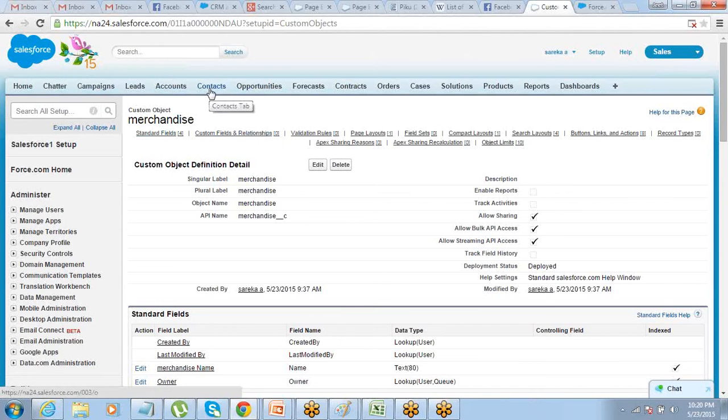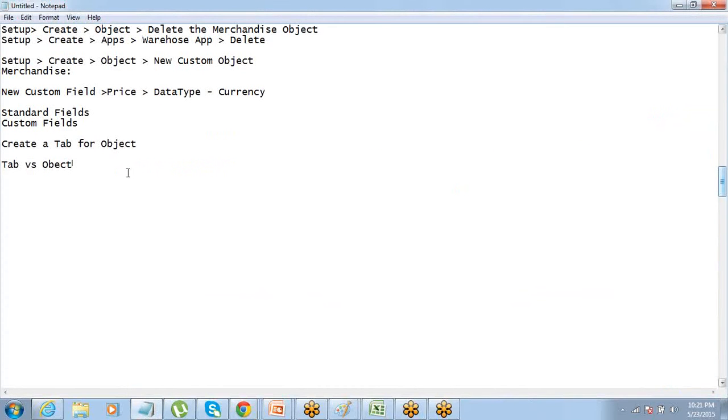What is the difference between a tab and an object? Like account tab and account object. There's a table in the backend called account, and there's a tab here in the front end called account. What is the difference? Is there any difference or same thing?